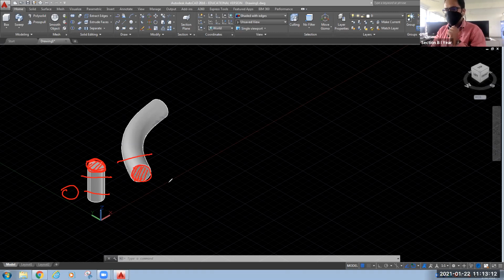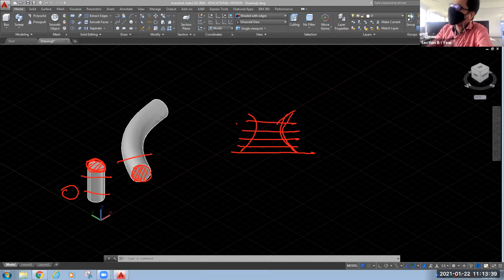But in some places, such as railway bridges or over bridges, you might have seen the pillars have a changing cross section like this. If you cut it at every location, you get a different cross section.